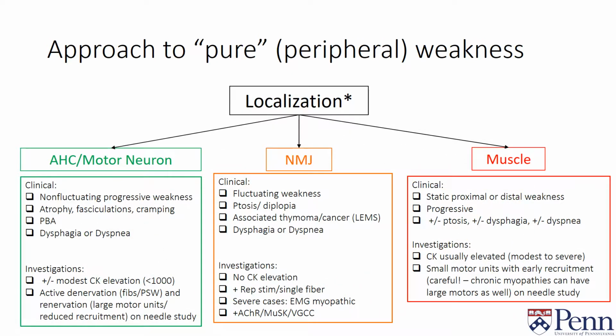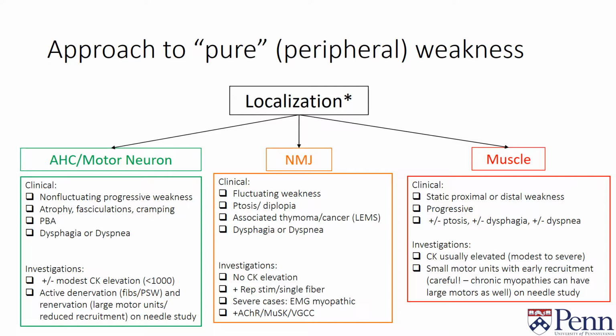Focusing on these three topics, each has distinguishing characteristics that I'm sure you're aware of, but it is helpful, when we have a patient in front of us, to think of whether we could be fooled by overlapping characteristics between these three separate regions of the peripheral nervous system. So to review quickly, anterior horn cell or motor neuron disease, also known as ALS in the United States,